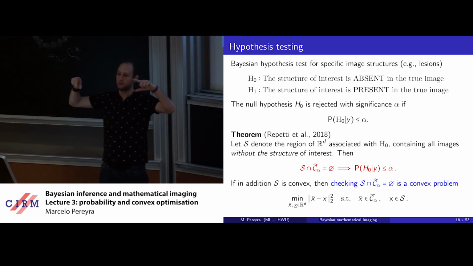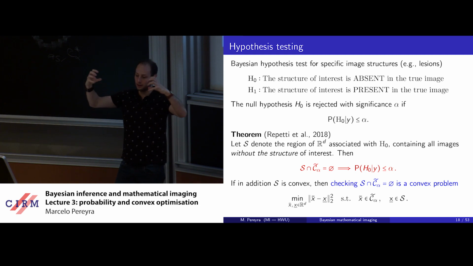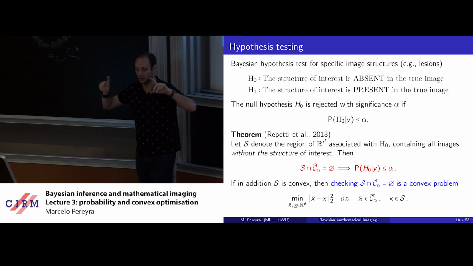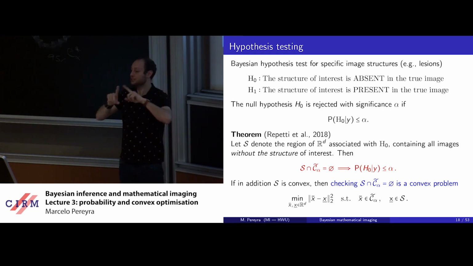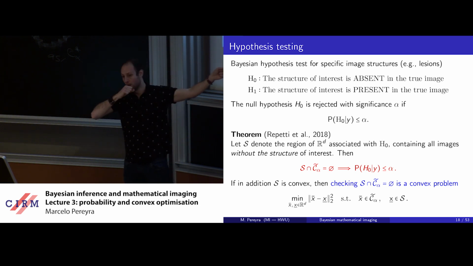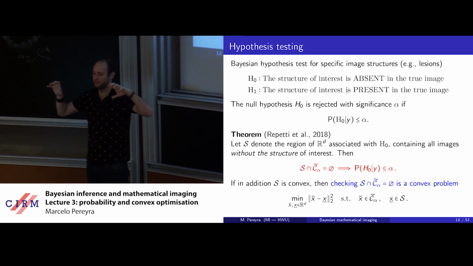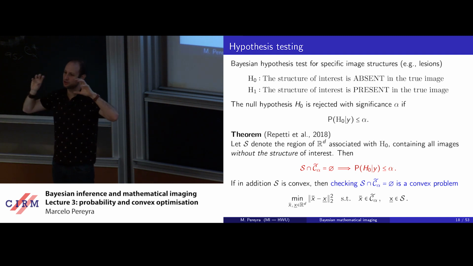However, if you stop at two solutions that are as close to each other within the sets, but they don't touch, then you can say many things. You can say, well, there is no solution that belongs to both sets, so the probability of H0 has to be smaller than alpha. And you can also say,